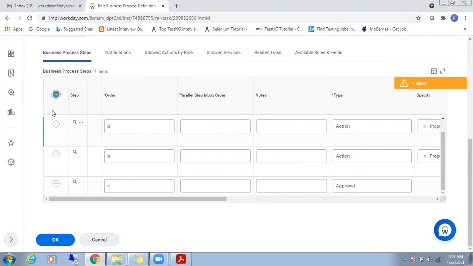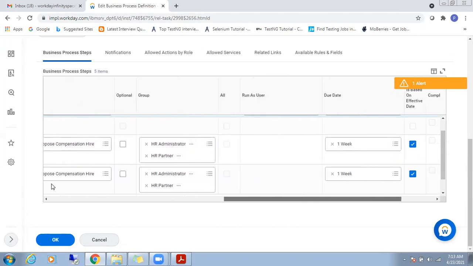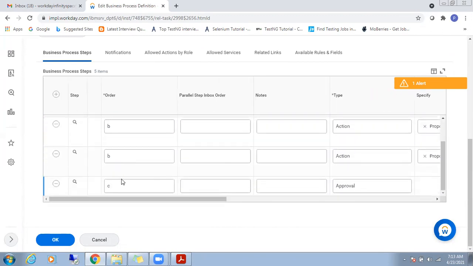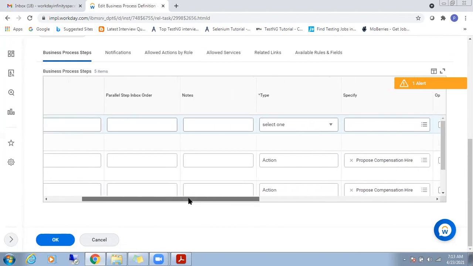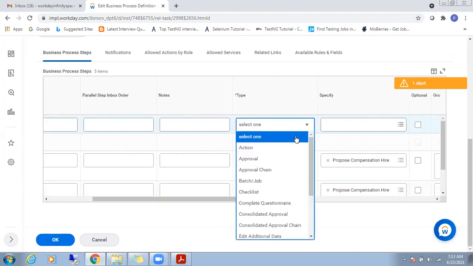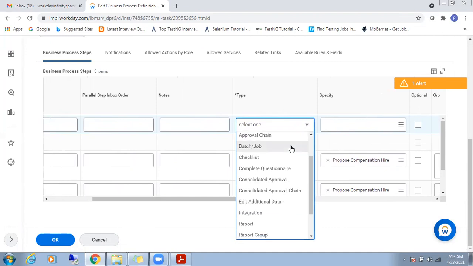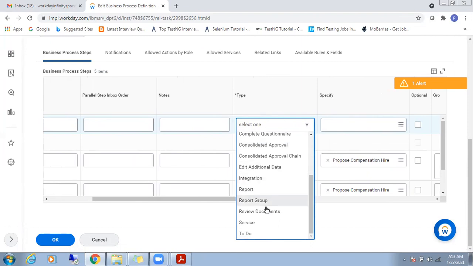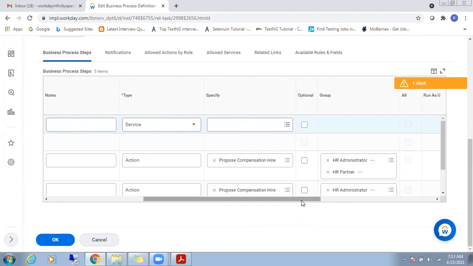See this. After the proposed compensation hire, we will try to add some services. A service means where we do things like creating the Workday account or adding information in the Workday tenant. For example, when you are going to hire a person,